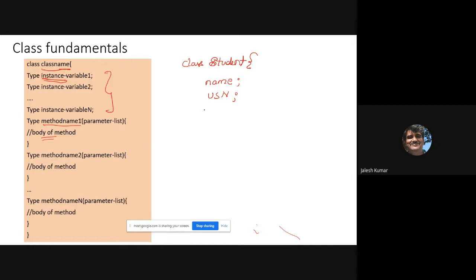And some actions: writing the test, which is required, and reading some textbook. Let us consider these two methods. So the class is Student, and it contains two data items, name and USN. These are all called instance variables because they are defined inside the class.